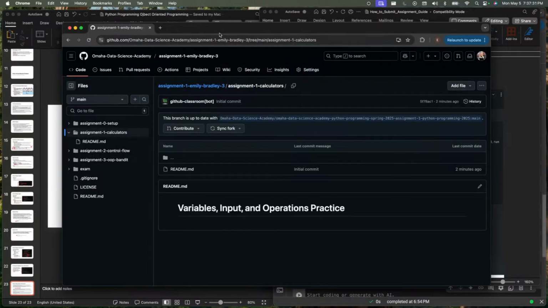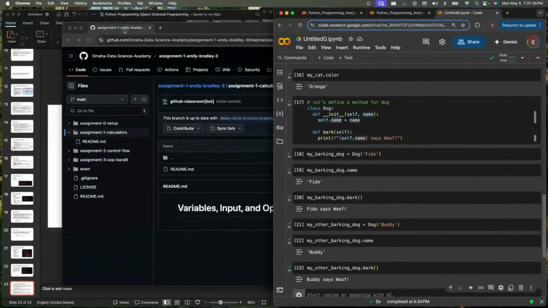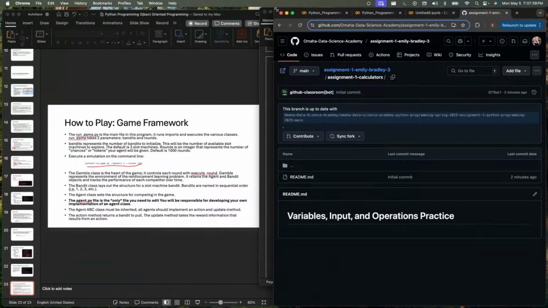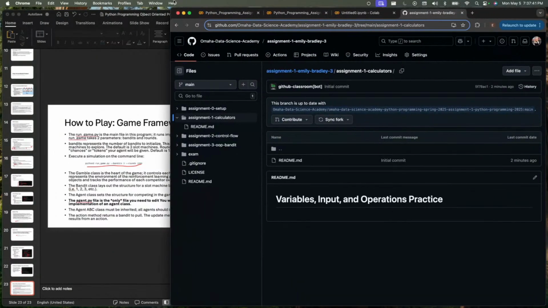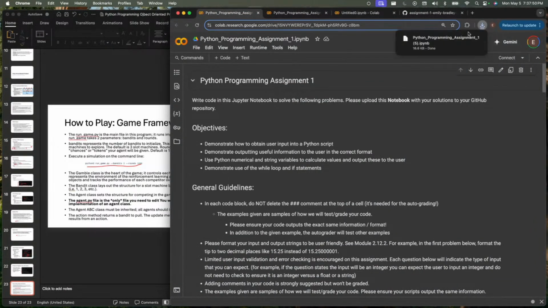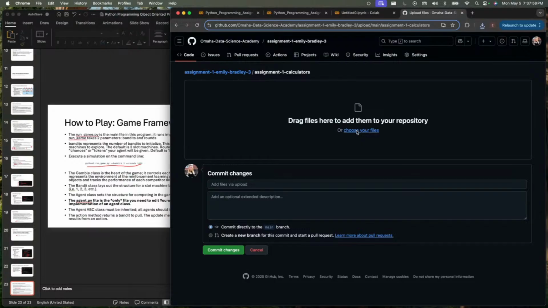Here we go back to our Python programming assignment 1. We're going to download this. This is what we worked on last class. We worked on our assignment 1. We're going to click add file, upload file, choose a file.